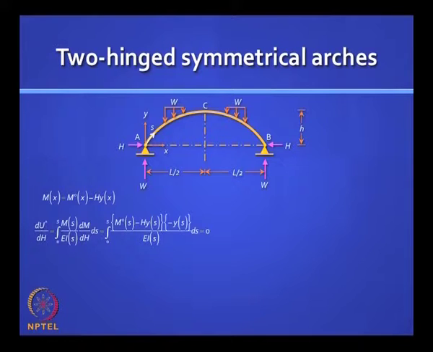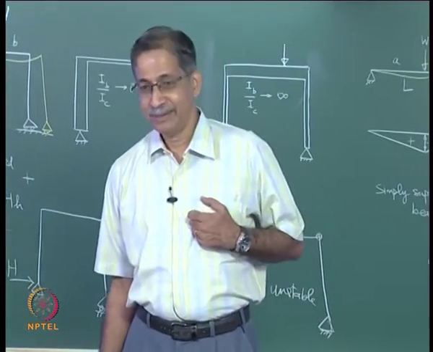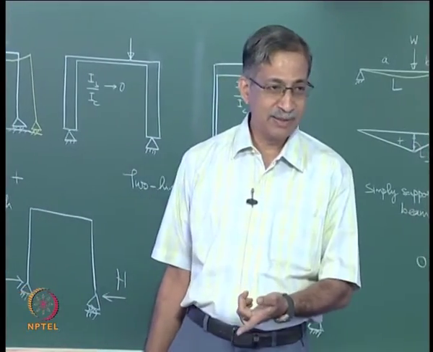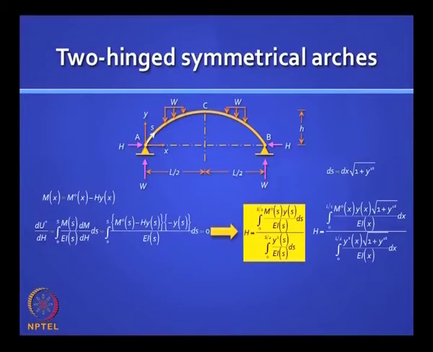So do you agree that this reduces to this? Now there is a problem with that integration. It is not easy to integrate because it will look like this. Now this problem was tackled historically by making some assumption, because you do not get closed form integrals, especially if EI is constant along s. So is there a clever way of simplifying this equation and not making much error?